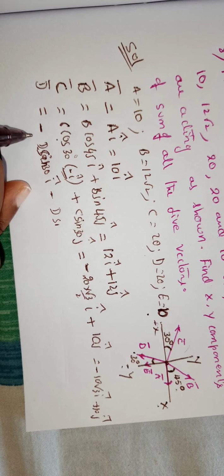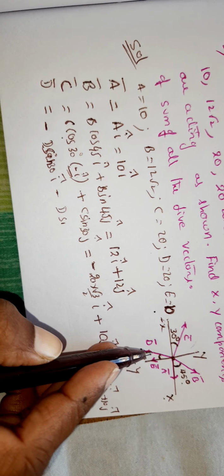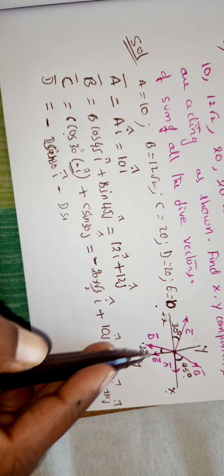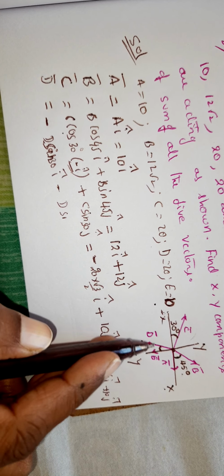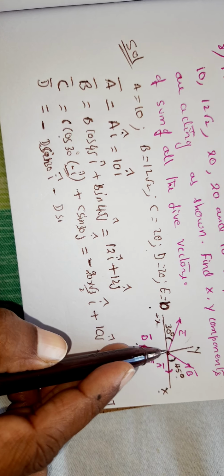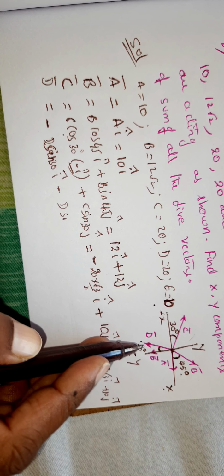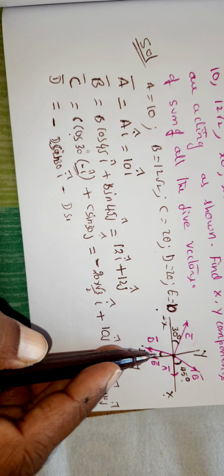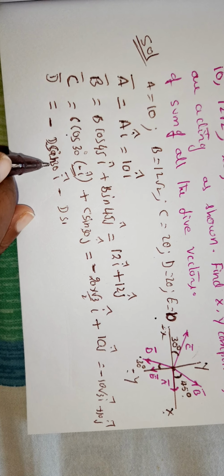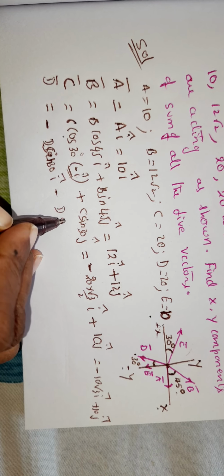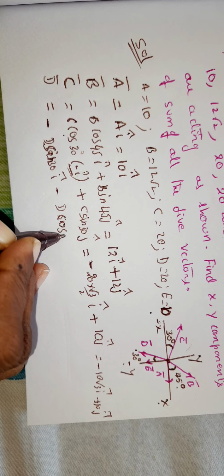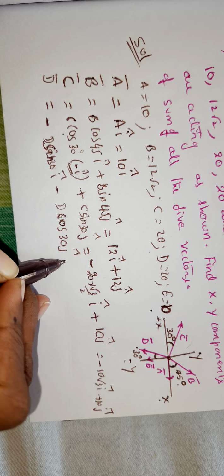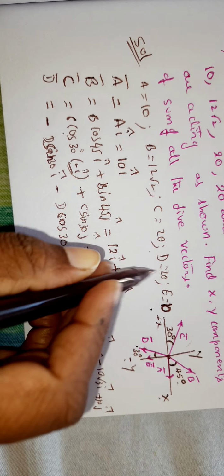Dear young minds, did you understand the difference here? Because this will be the adjacent side of the angle. That means along y you will be getting cos. Along x you will be getting sine here, because the vector is making the angle with the y axis. So minus d sine 30 i cap minus d cos 30 j cap. Okay, so let's write what is d.